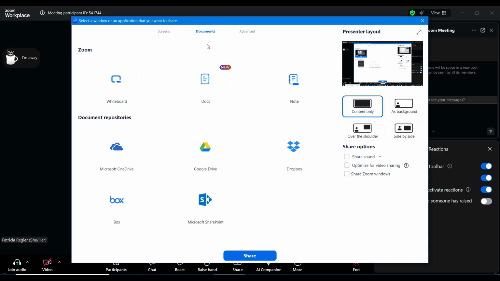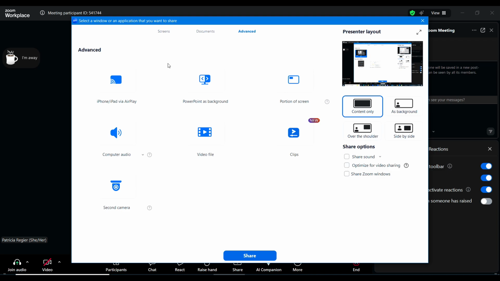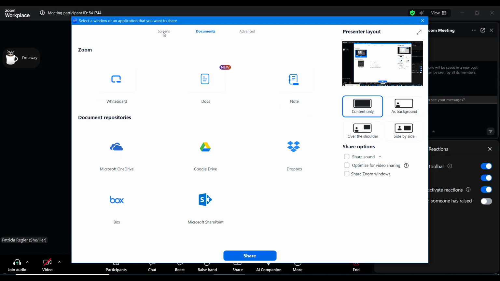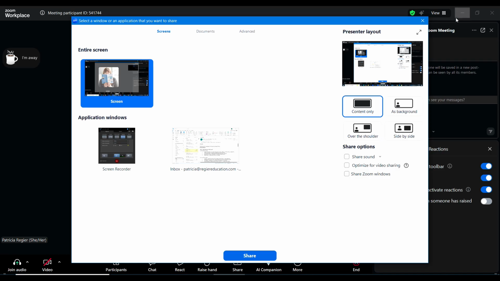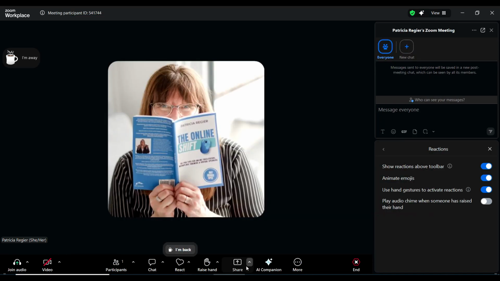For just a tour, not going into everything, we do have documents. It's saying that's new, and all of these other options too, and advanced PowerPoint as a background portion of the screen. So we have all of these different options. Second camera, clips, which they're saying is new as well. So it's great to definitely play around with something that is new. This is just a brief tour of what is here in the